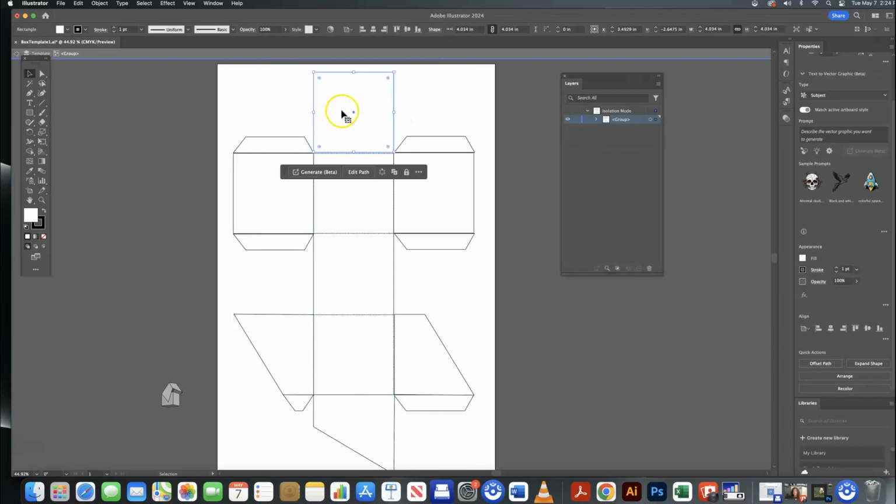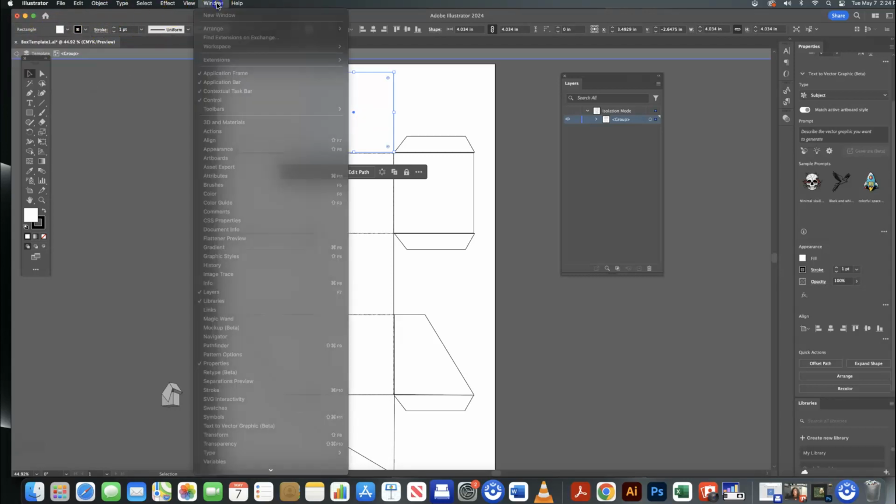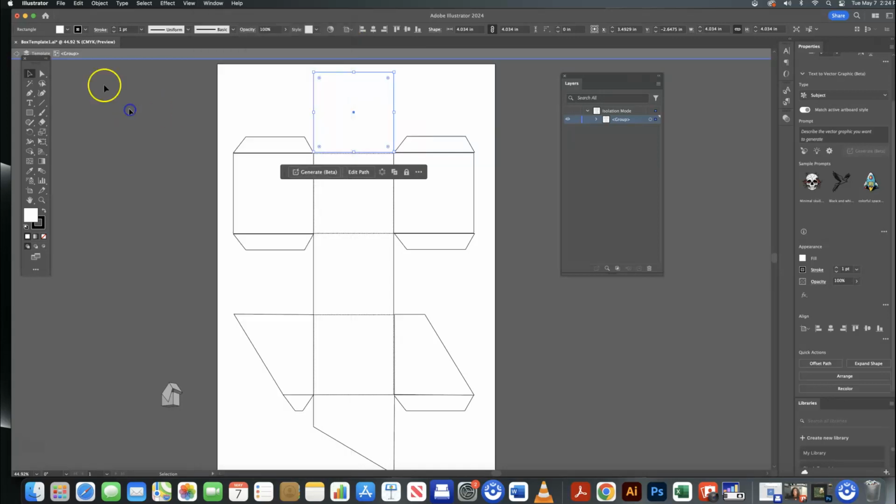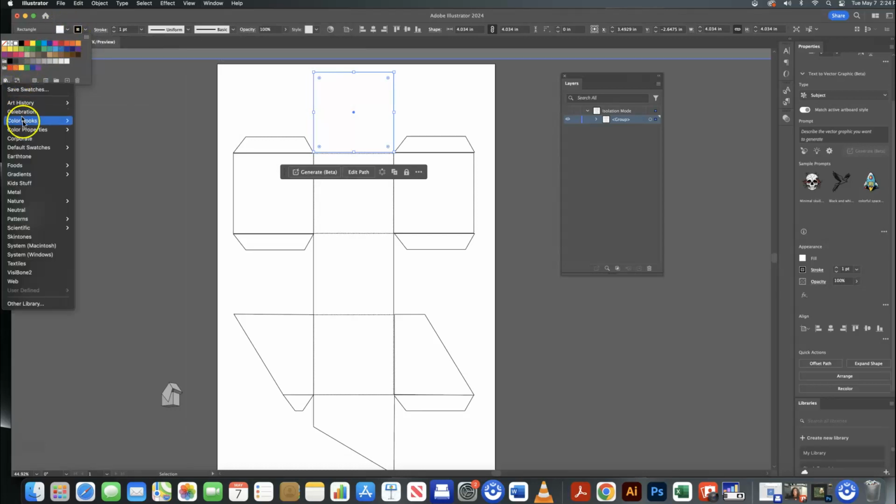So let's say you've selected this, and instead of doing a fill up here, the workspace that I'm in, by the way, in case you're wondering, is I always work in the typography workspace. As you can see, it's right here. Make sure your toolbars are set to advanced. But right here up in this part of your dashboard, there's a little part in your Swatch Libraries menu. And if you look, you can go ahead and see metals, nature, patterns, basic graphics such as dots, lines, textures,